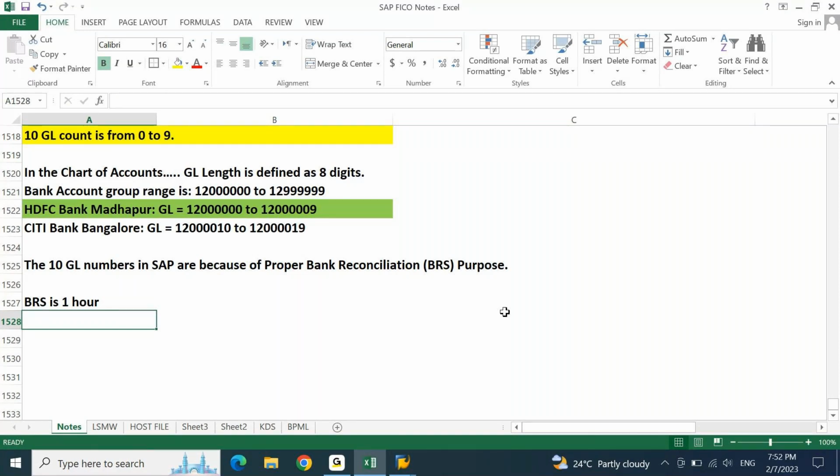You already know what is needed for a bank. You already know how many GLs are needed for a bank, why you need 10 GL accounts, where you are configuring a bank master, and what kind of entries are being posted in your bank accounts. If you are clear with all these points, BRS is nothing. It is just a functionality wherein you have a small configuration. If I show you BRS config on the system,